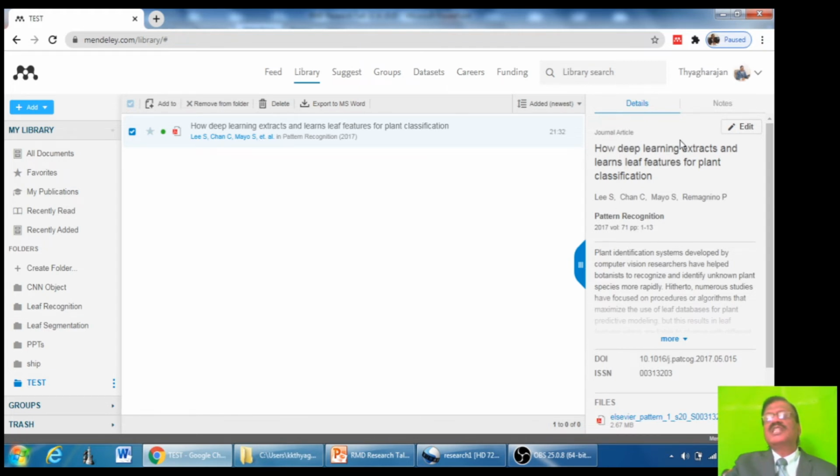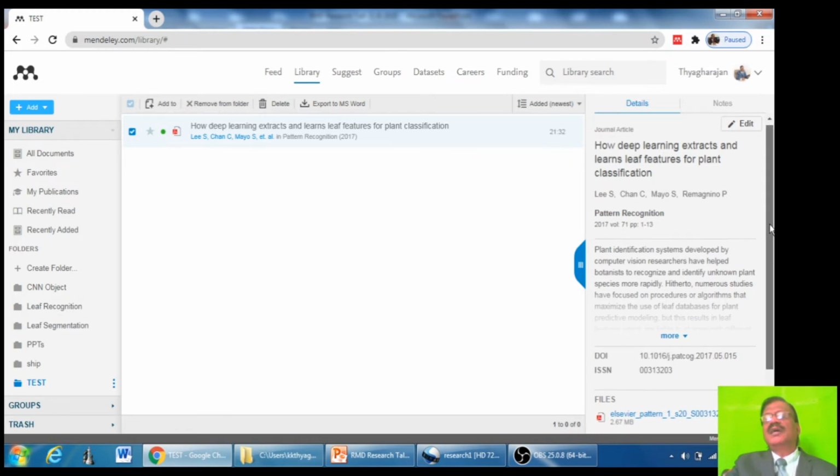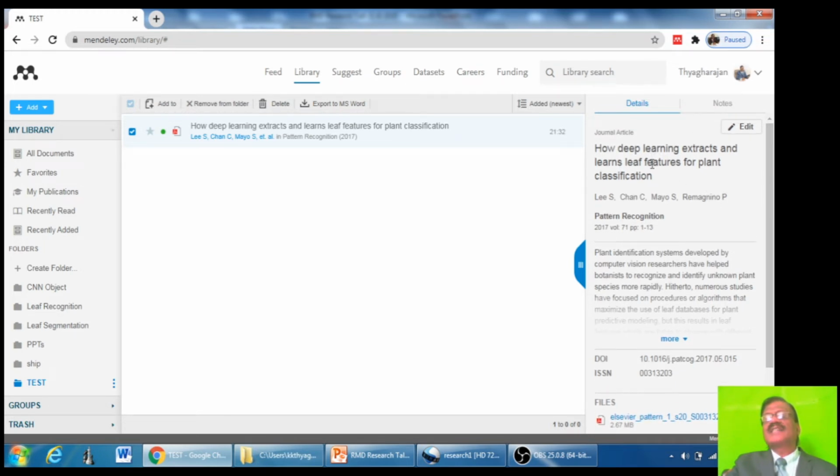And if you see the right side pane, you will be seeing two tabs. One is details and another is notes. To click this details button, you will be able to see the details extracted from this PDF.